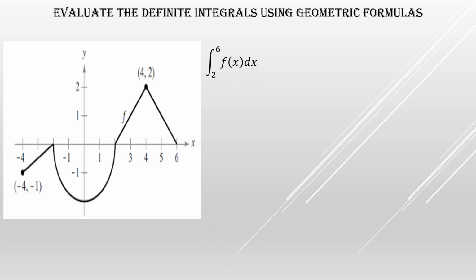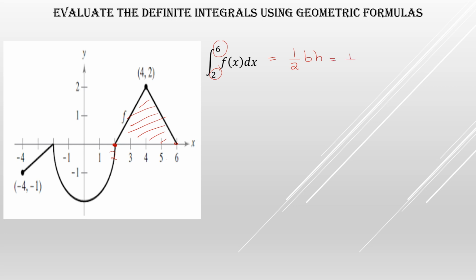Let's suppose we have been given a question: the integral from 2 till 6 of f of x dx. The first thing is you have to see which figure we have to evaluate from 2 till 6. Every box is equal to 1 because of the scale: 1, then 2, 3, 4, 5, 6, similarly over here in the vertical column. From 2 till 6, this is the shape given to you, and of course it is a triangle. So the formula of a triangle is half BH.